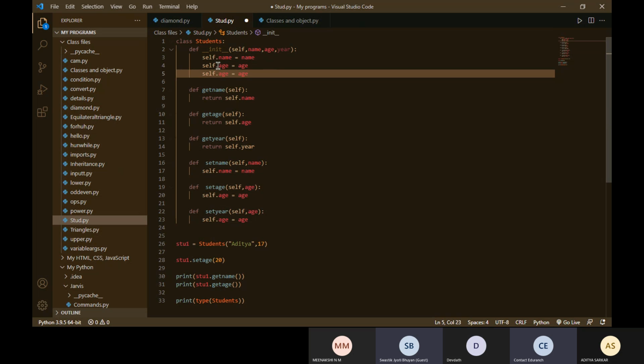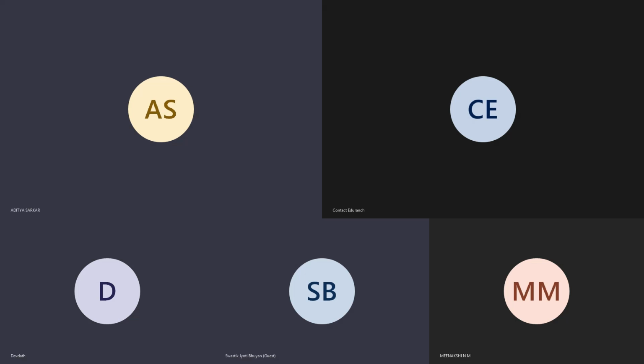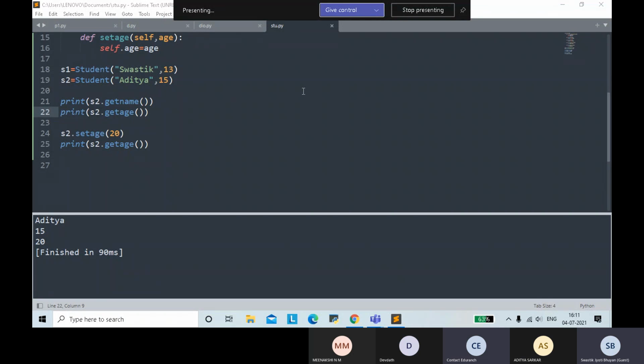When I print it, both the ages are coming. Show me. Can you see my screen? Here it's coming 15 and 20 both.